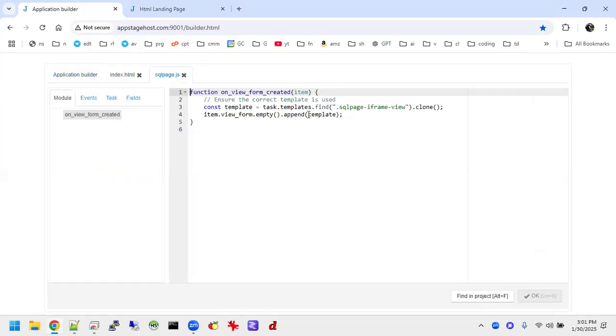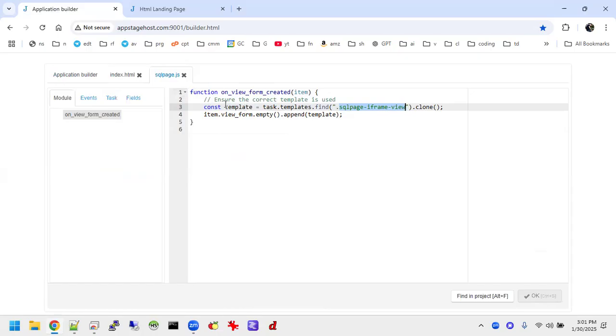The client module here, very simply, all it does is when the view is created, creates a template variable, and it looks for that template class that we have defined in the index.html page, and it clones it, brings it into